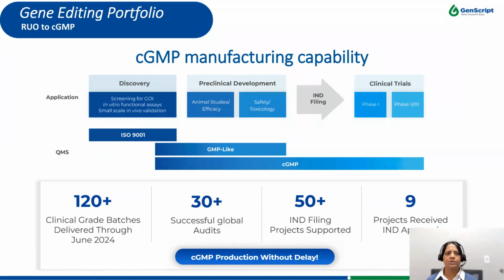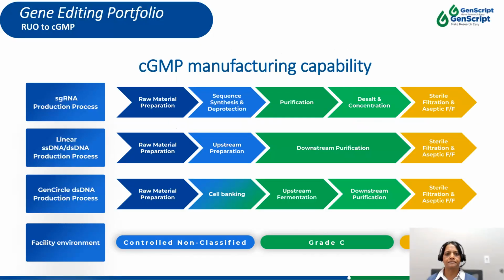As of last month, we have delivered over 120 clinical batches and completed more than 30 global audits. And we take pride in supporting our 50 IND projects, 9 of which have received global IND approval. To achieve these results, we ensure a smooth transition from research to GMP products, which helps speed up our